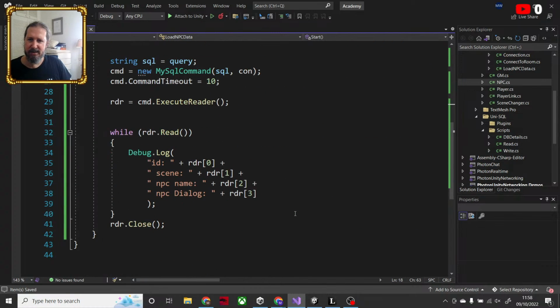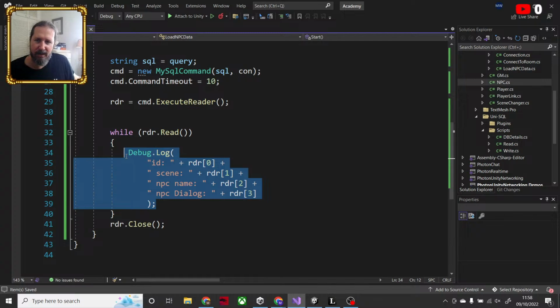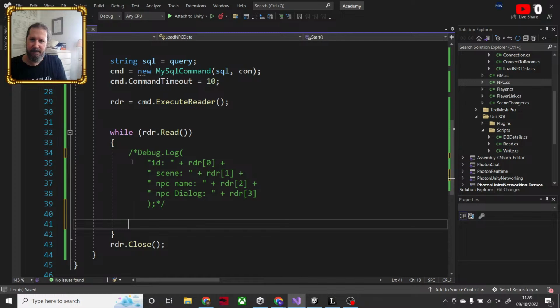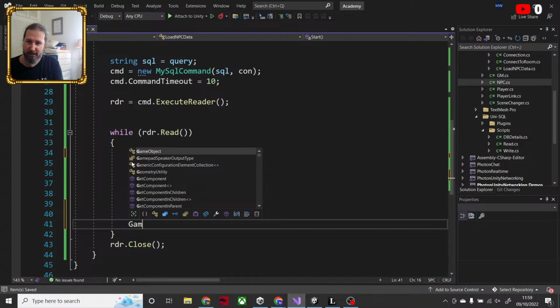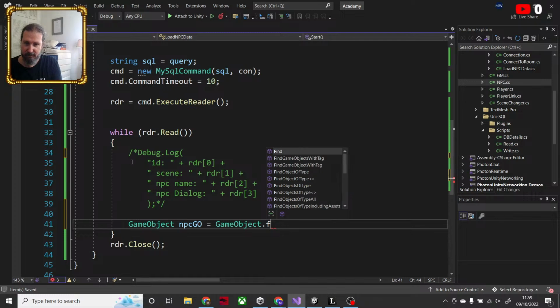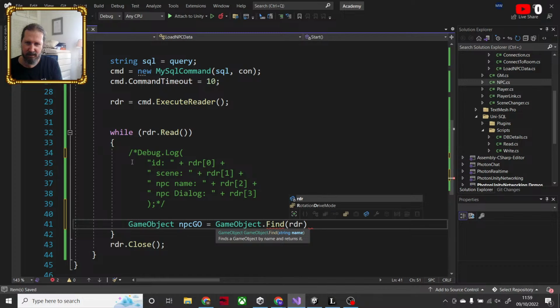Okay, so when this information comes in, comment all this out for now. First thing I want to do is I want to grab the game object. Find, and I want to find RDR, and he's number 2.